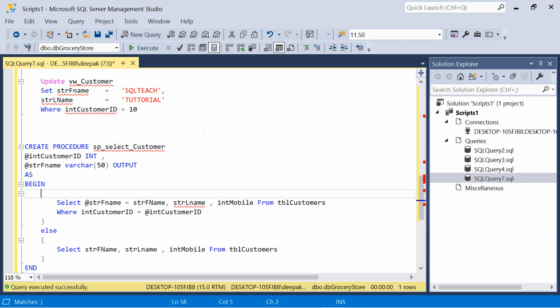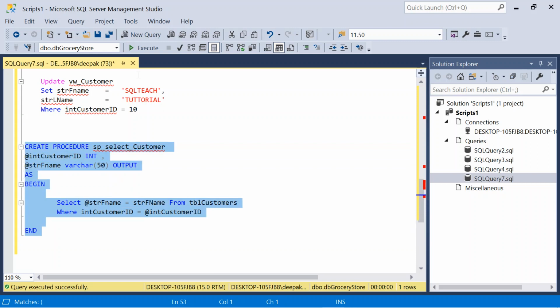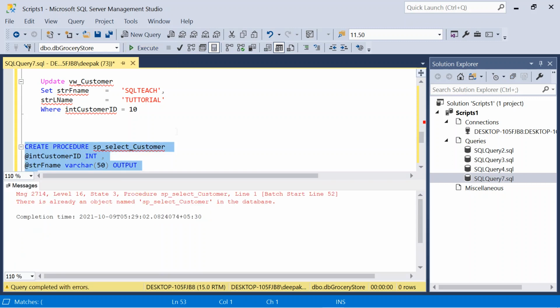Since an output parameter will retain only one value, we will retrieve only one record, not multiple records, right?